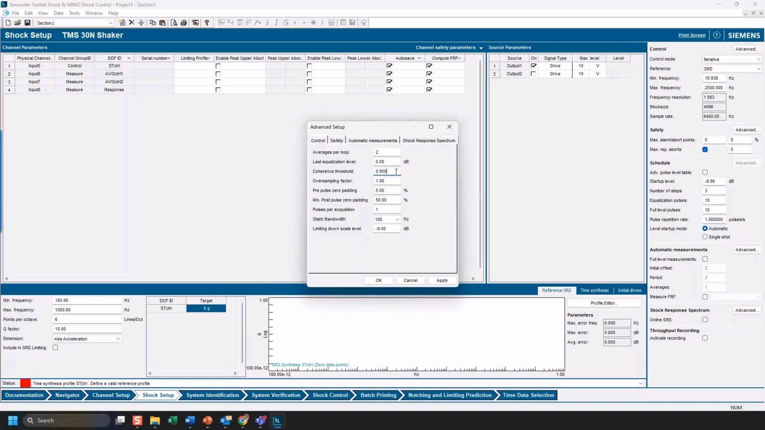Coherence threshold has to do with the inverse control model, which is updating based on coherence. You can put a threshold in here so that anything that is below the threshold doesn't update. And that's, again, dealing with nonlinearities and stuff like that. Oversampling factor, you can oversample your time domain data, and sometimes that's necessary, especially when you get a situation like